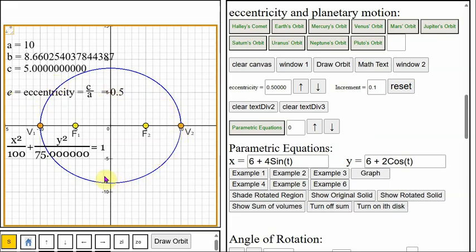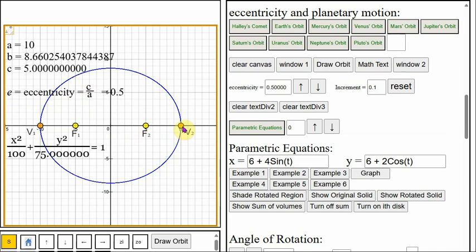ellipse. For this particular ellipse, the A distance, or the distance from the center to one of the two vertices, is 10, or the distance from here to here is 10. And then C, the distance from the center to one of the two foci, is 5. So the distance from here to here is 5. By definition, eccentricity is defined as C divided by A. So it would be 5 divided by 10, which is